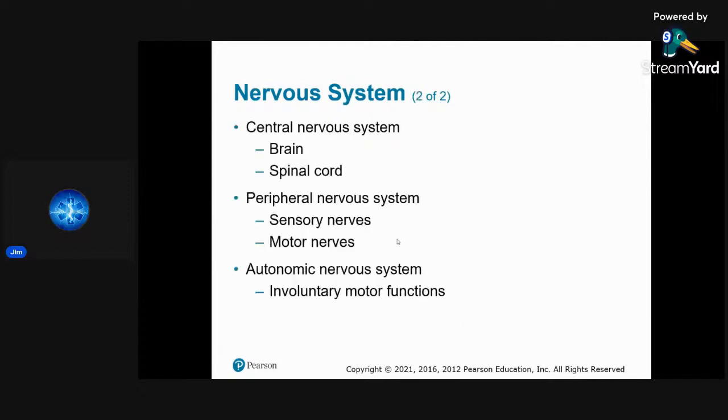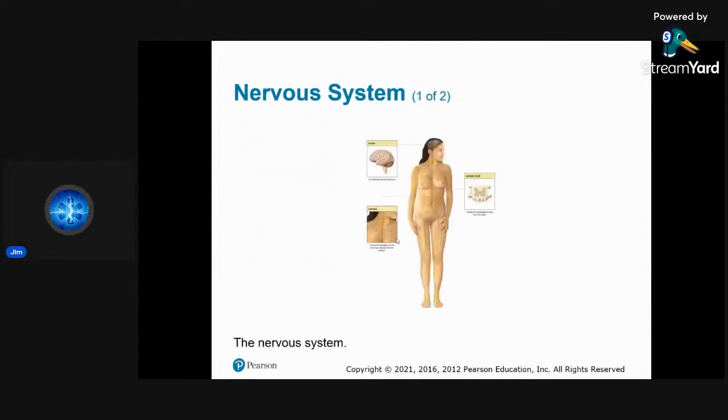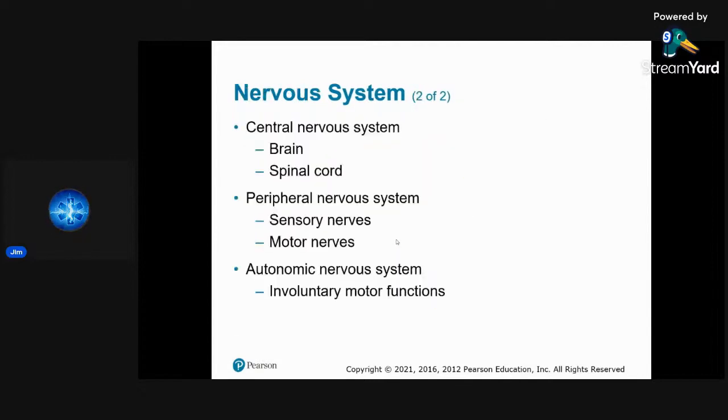The nervous system, we're going to start talking about that now. Central nervous system consists of the brain and spinal cord. That's your central nervous system. Your peripheral nervous system is your sensory nerves and your motor nerves. Autonomic nervous system, involuntary motor function, right? This is stuff we have no control over. Involuntary, like your heart rate,